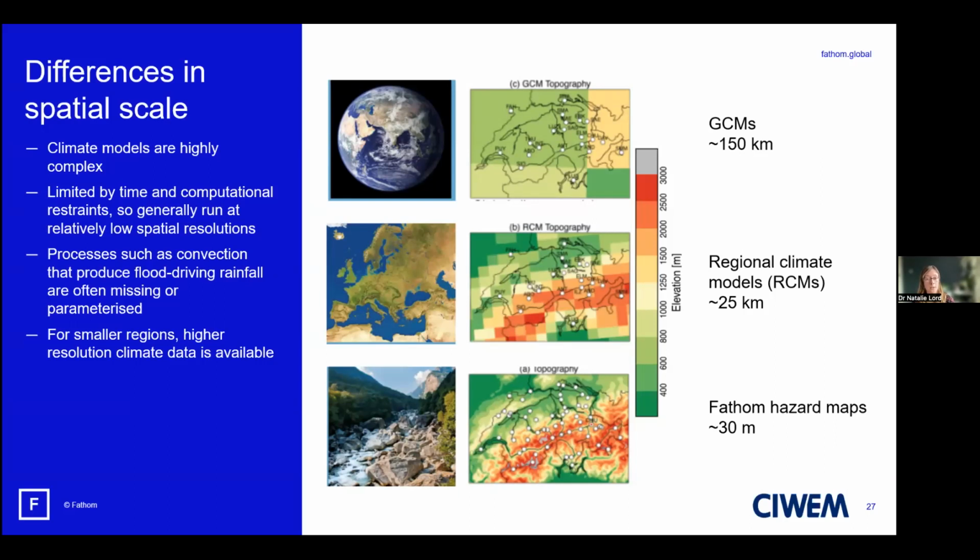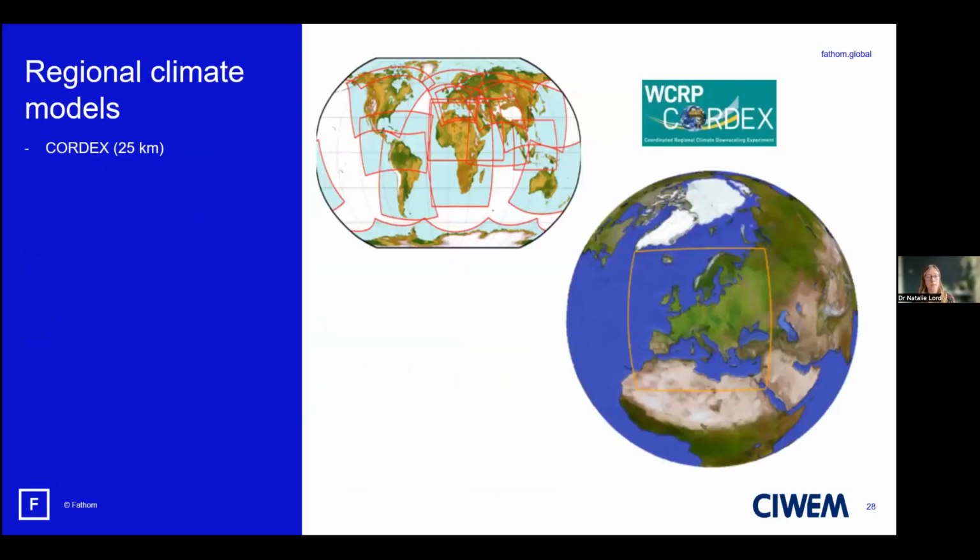These very high resolutions of a few kilometers aren't currently practical on a global scale, but on a regional scale, these processes are starting to be physically represented in models now, and I'll touch on this more in a few minutes. Next slide, please. So one example of a set of regional climate models is from the CORDEX project, which